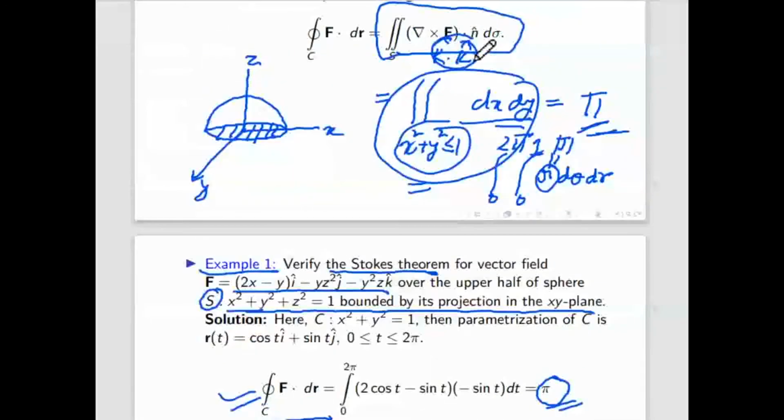So if you want to do it faster, then you have to find only the k-th component of del cross f, because whatever the i and j components come out, zero or non-zero, it doesn't matter. If you take the dot product with k cap, it will always be zero. So always find the k cap component. That k component, dotted with k cap, will remain and come here in the integrand, and then dx dy, and apply the limits of x and y over this circle.